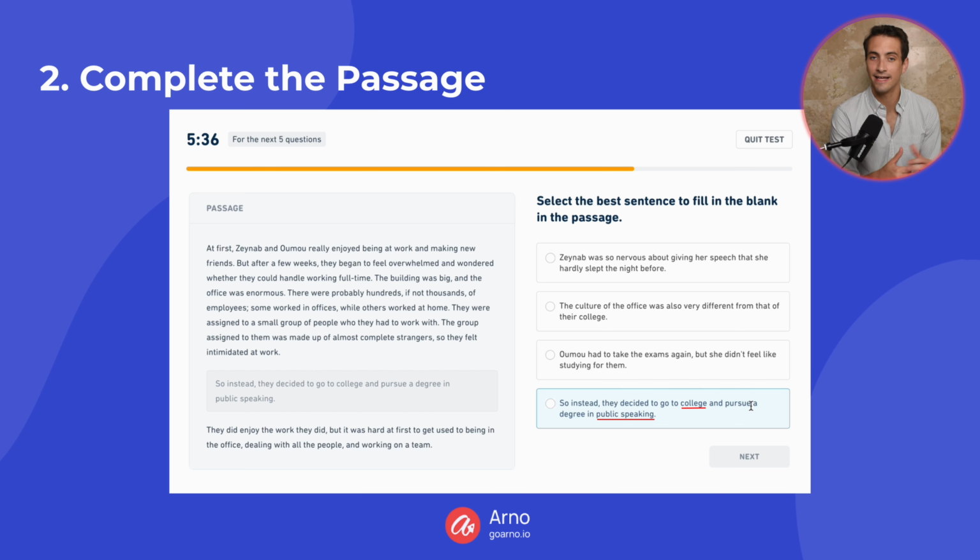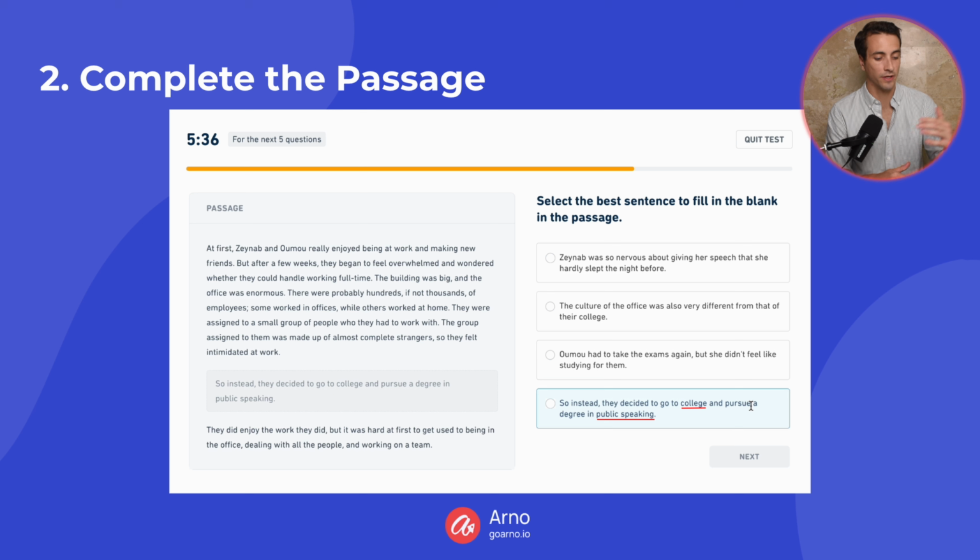So that's a hint that this option isn't correct. Then there's also the option of public speaking. Is there any mention of a presentation or a public speech or anything like that? No. Okay, so probably this option isn't correct, but if we wanted to be really confident, we could also look